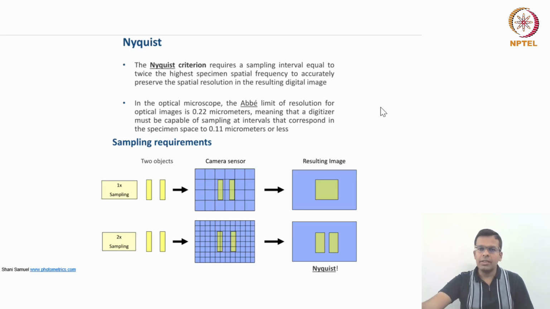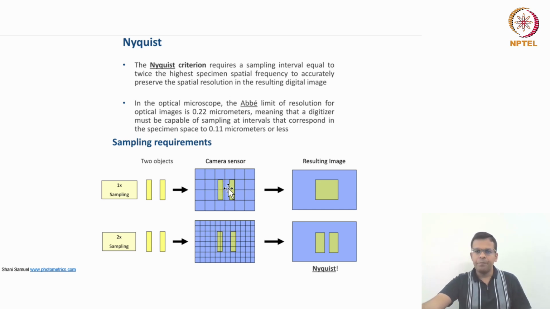Now here also the Nyquist criteria helps for improving the resolution. So what should be the sampling distance in x and y to resolve your sample? Because see, suppose these are your two objects, okay, and you use a camera chip with the pixel size of this, then what will happen? All these pixels will not show any electrons, but all these 4 pixels will produce some electrons, and it will produce an image like this, in which you are seeing a square because all these 4 pixels are giving electrons, but you cannot resolve these two lines.